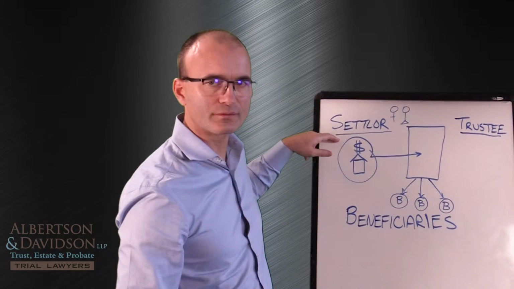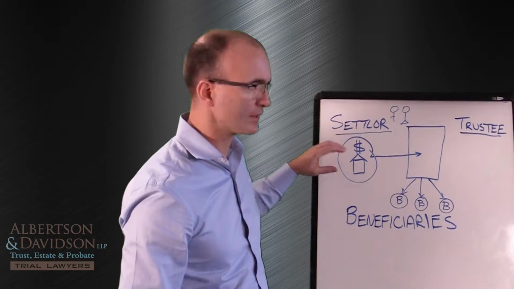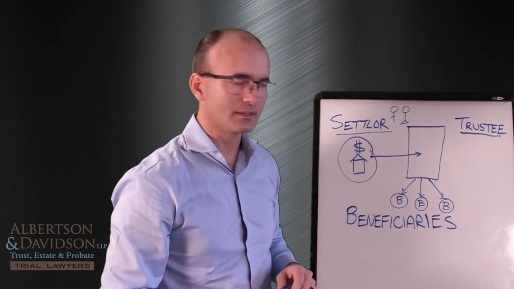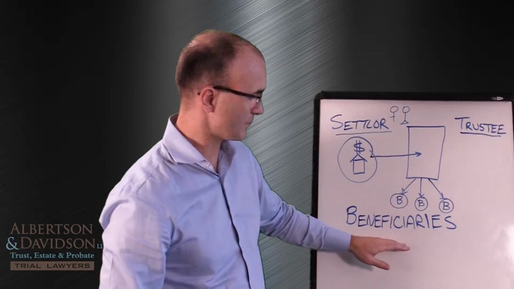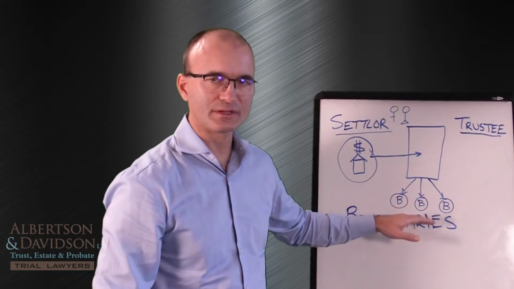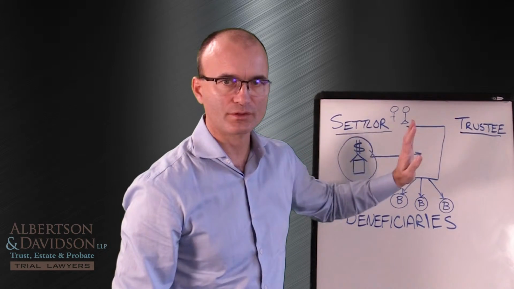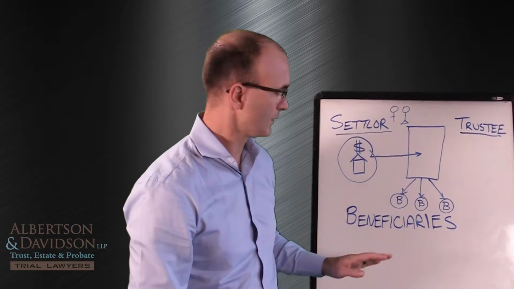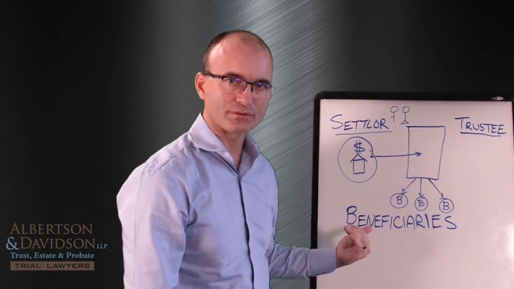Well, that's no different from what happened before they had a trust. They managed their own assets before the trust. Once it's in the trust, they're going to manage their own assets as trustee. But there's a separate group of people now besides the trustee, and that's the beneficiaries. The beneficiaries are the people who are going to receive the benefit of these assets, as opposed to the trustee, who's the legal owner. The trustee makes all the ownership decisions, when to buy, when to sell, what to invest in. The beneficiaries receive all of the money that flows off of those decisions.